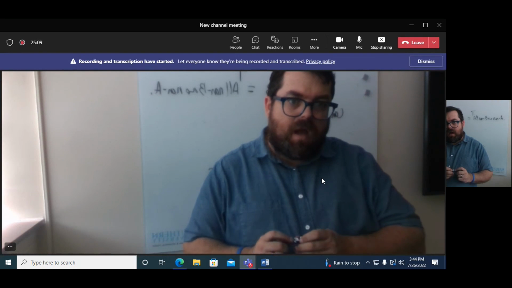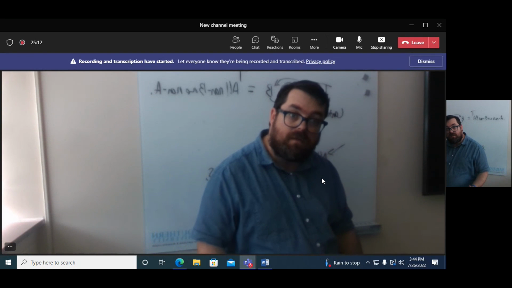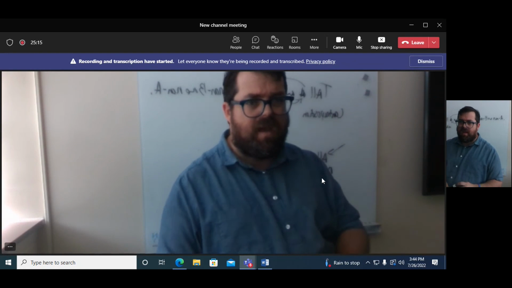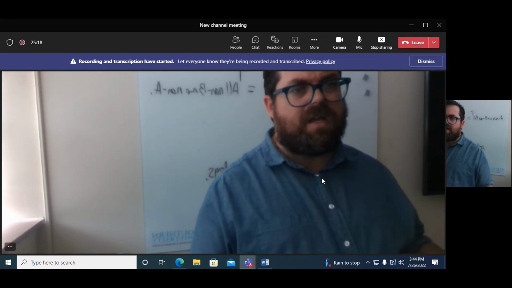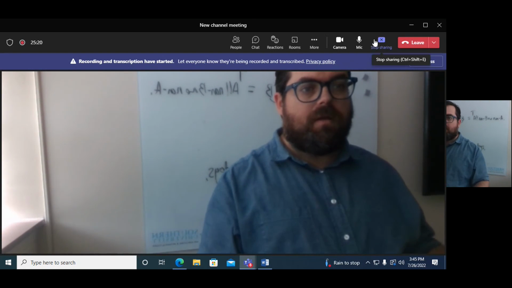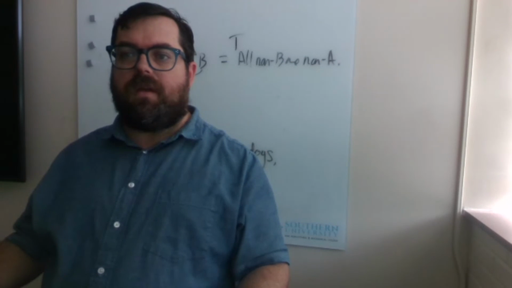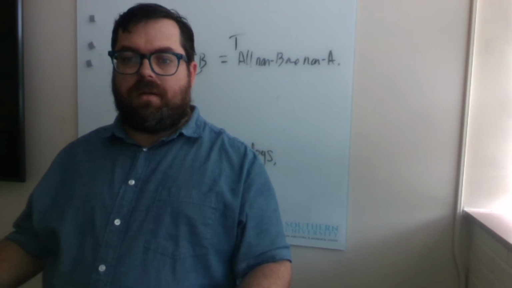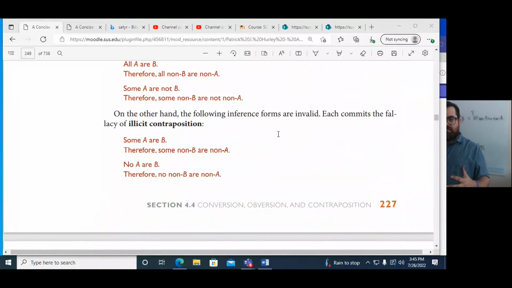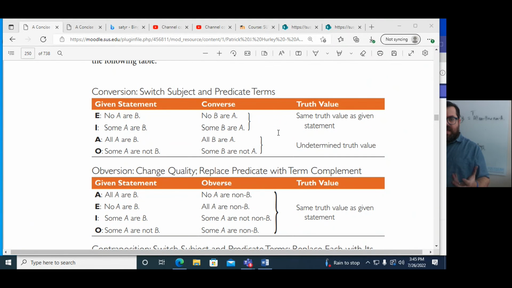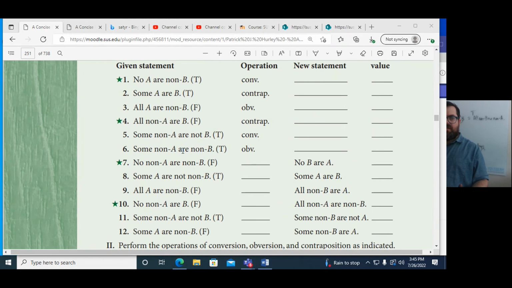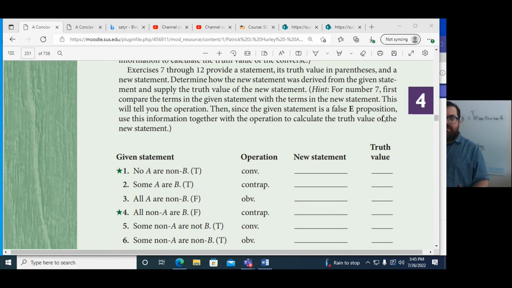So in a separate video, I will go over how these fit together and we'll do the homework. The homework I can kind of show you right now before actually reviewing. Let's go back to the book. The homework is basically operationalizing these definitions, and of course they have charts at the end just in case you forget which keeps its truth value. But you can see here, if no A or non-B is true and you perform conversion on it to an E proposition, what's the new statement and what's the truth value, right?